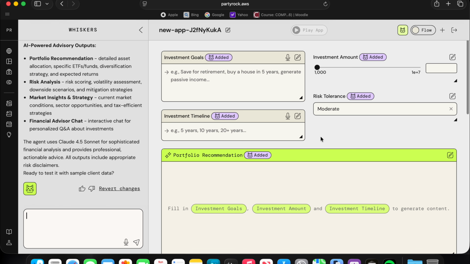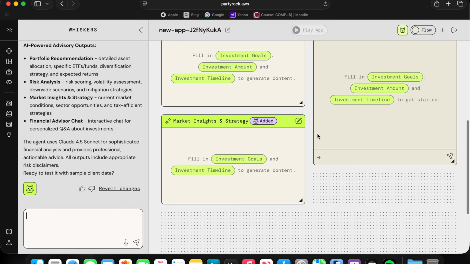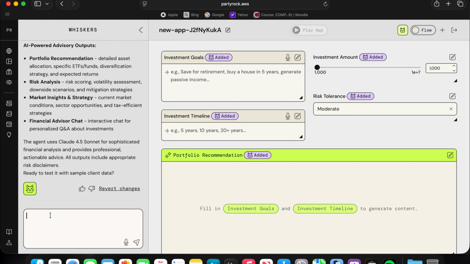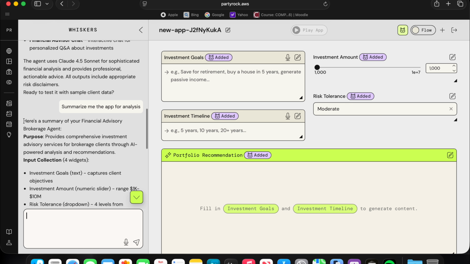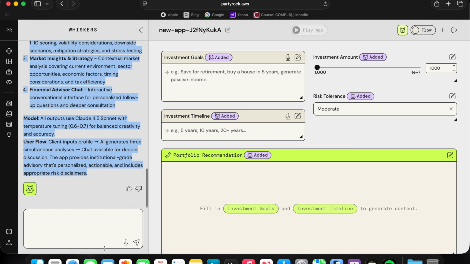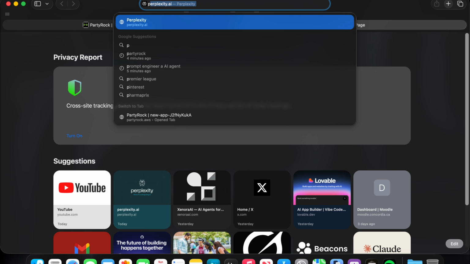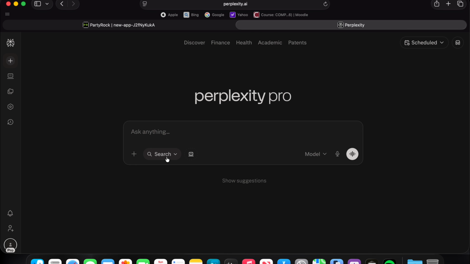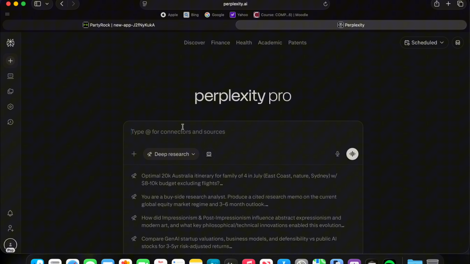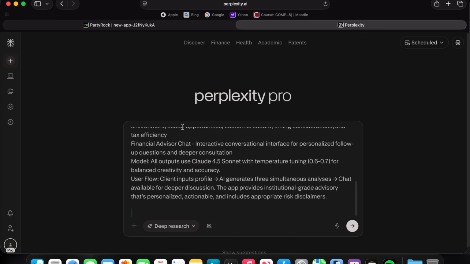So as we can see, we have a little bit of a workflow over here. We're going to ask the AI to summarize the app for us. I want you to copy this text starting from here. I'm going to go ahead to Perplexity, and over at Perplexity, we're going to use the deep research model. We're going to paste the text over here, and in the end, we're going to ask Perplexity to build us